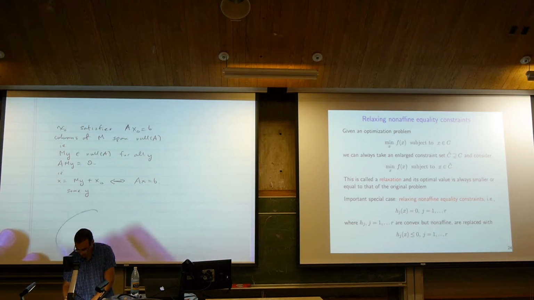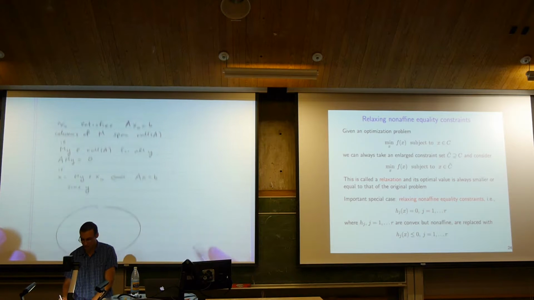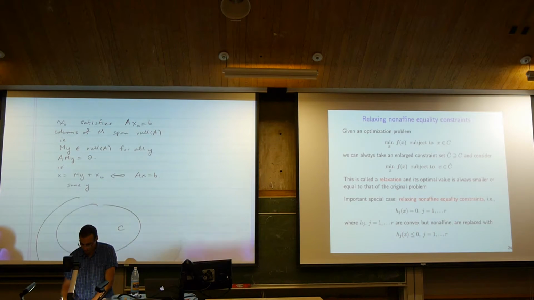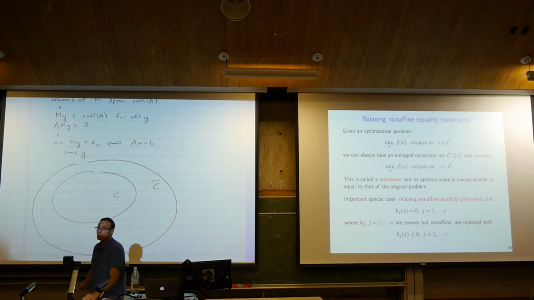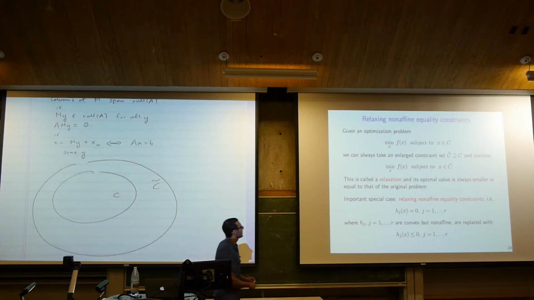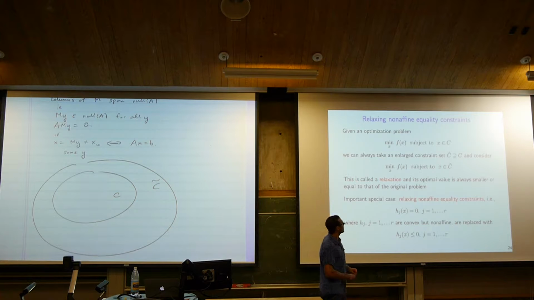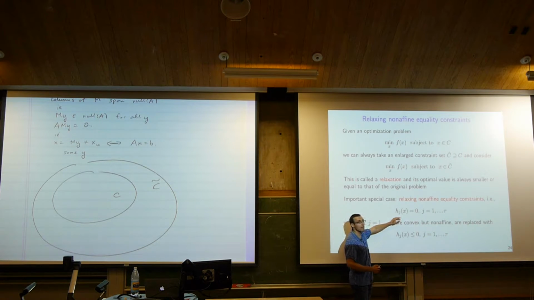You can see that because if I asked you to minimize f over this set C, and instead you managed to optimize it over C tilde, then you could have done at least as good, if not better, over C tilde than you could have over C. So an important special case of this is to relax non-affine equality constraints. So if you ever had a problem that was not convex because these equality constraints were actually not affine functions,